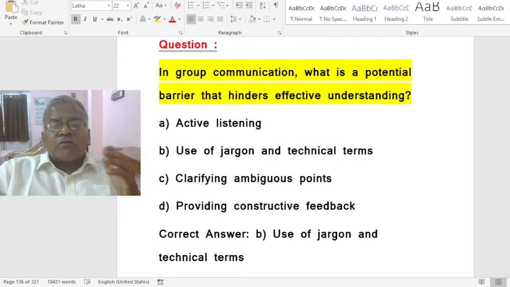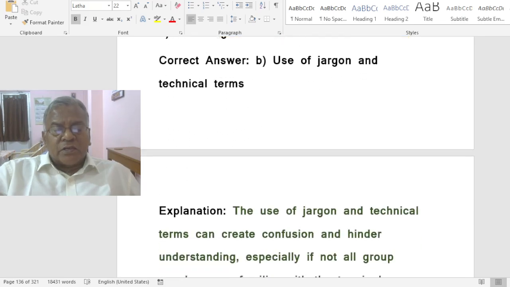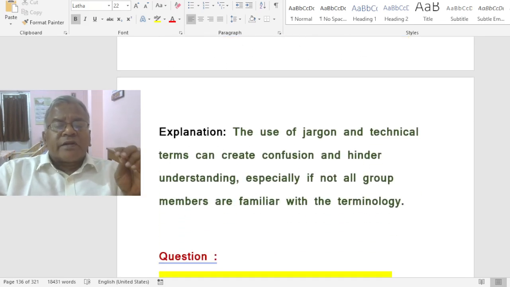In group discussion, what is a potential barrier that hinders effective understanding? A. Active listening. B. Use of jargon and technical terms. C. Clarifying ambiguous points. D. Providing constructive feedback. That is, use of jargon and technical terms. The use of jargon and technical terms can create confusion and hinder understanding, especially if not all group members are familiar with the